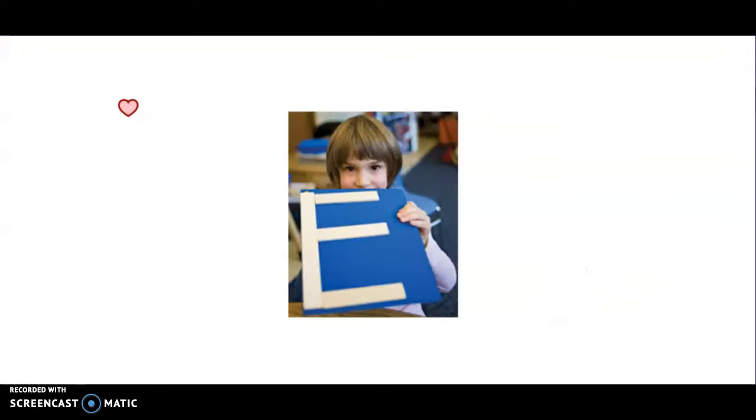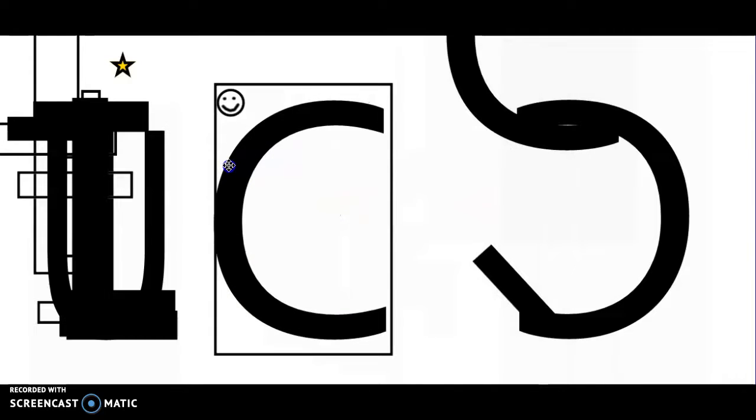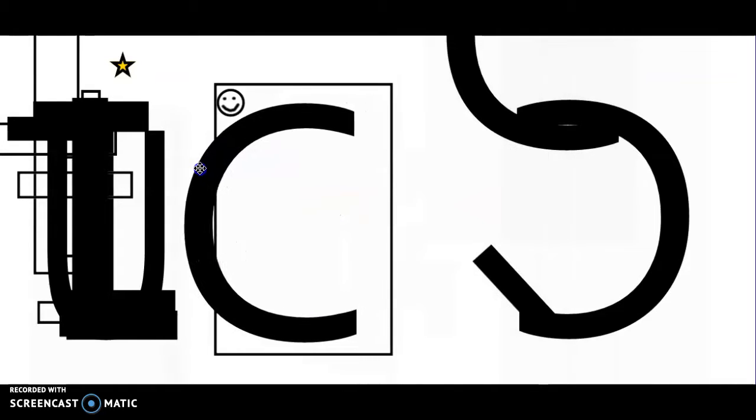All right, great job, friends. Now we're making the letter Q today. Is everybody ready to build the letter Q? If you have your mat, let's get it ready. We need 2 big magic C's and a little line that we're going to make into a slide. Are we ready? Let's grab our first magic C and we're going to put it onto our mat under Mr. Matt's smiling face, and then we're going to go slightly off because that letter O is so big. It needs lots of room.